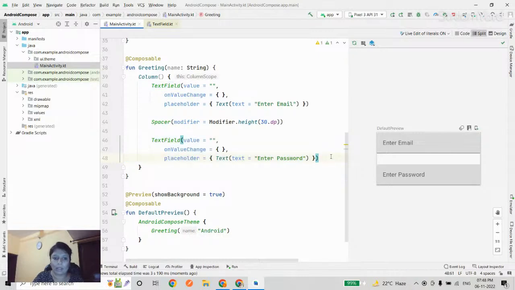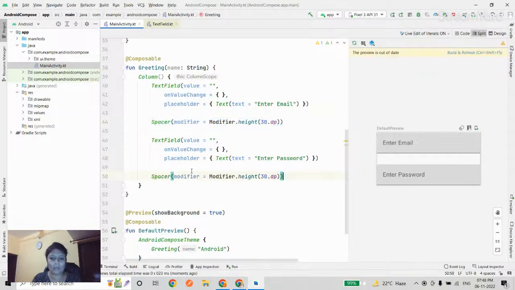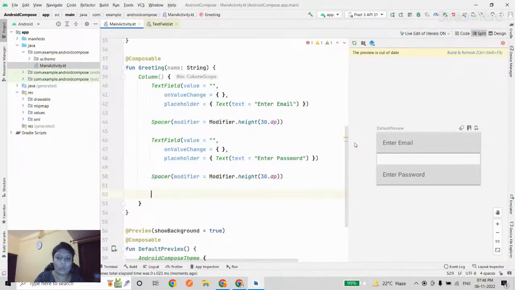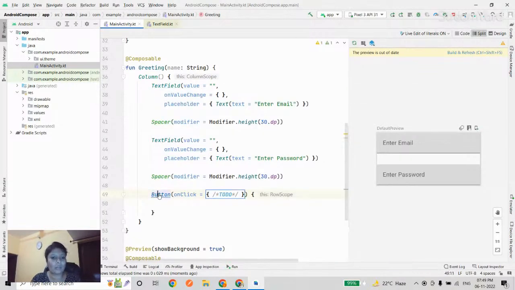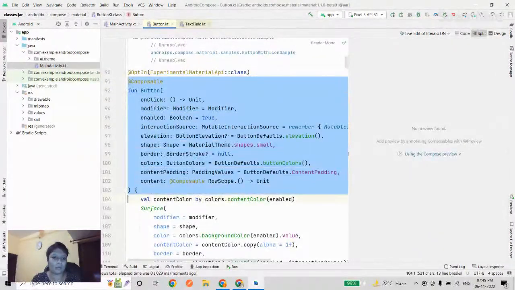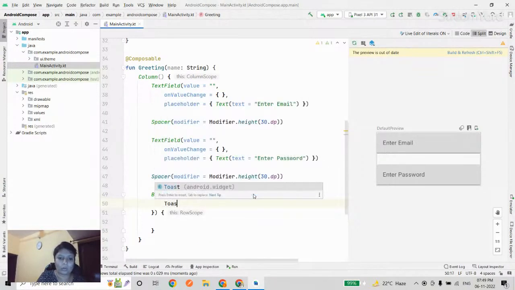After that, I'm going to give some space, and after that I have to use one button, because we need to place a button as a submit button in the login screen. So yes, Button itself says that you have to use the Button composable function, so I'm going to use a Button composable function. So this is a Button composable function. Okay, so under the button's onClick, I'm going to print a Toast,